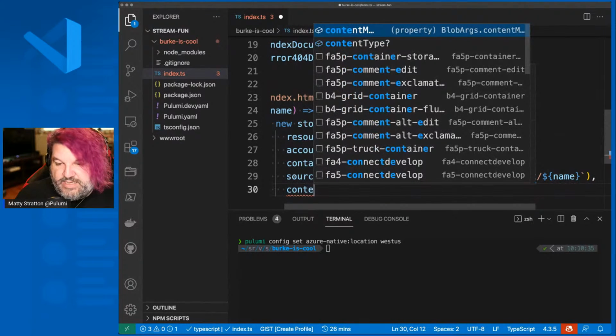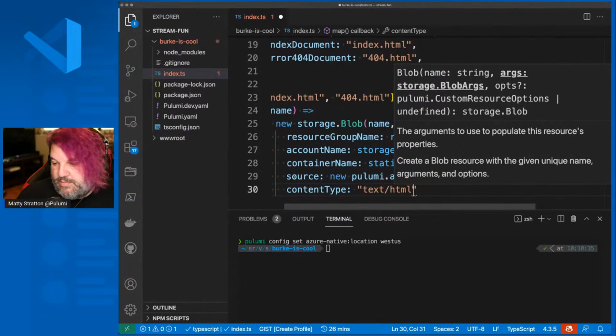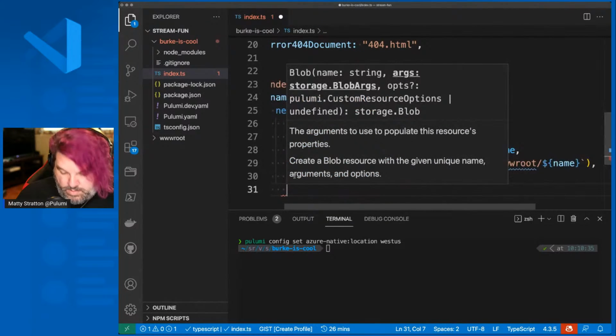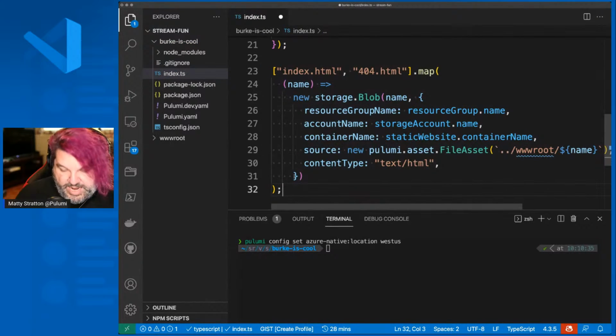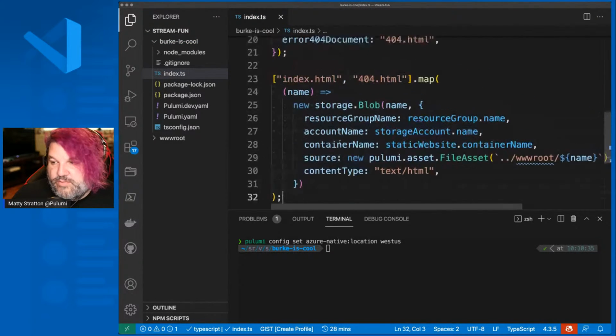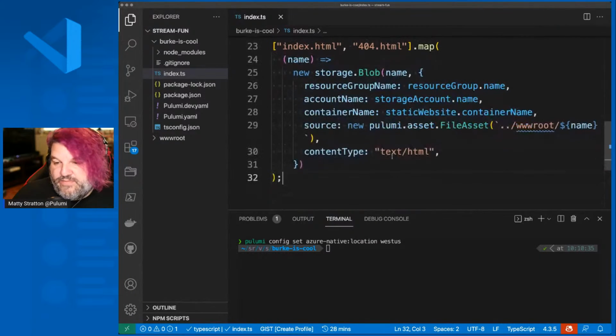And the content type is text HTML. Close these and make sure we don't have any red squiggles. There we go. It makes our life a little bit easier.